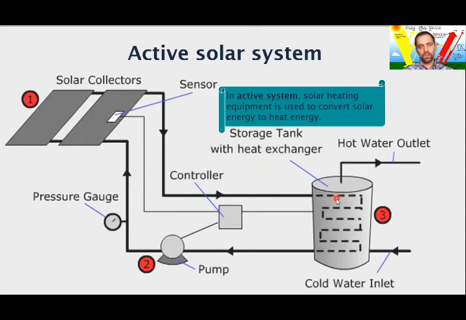In the storage device, the warm water warms up by conduction the heating material, which is circulating in a separate line. Warm water or other heating fluid from the tank is pumped through the heating coil. It can be radiators, floor heating, and so on. The heating material loses its heat by conduction and convection, and the cold heating fluid returns to the heat exchanger, and the cycle goes on.